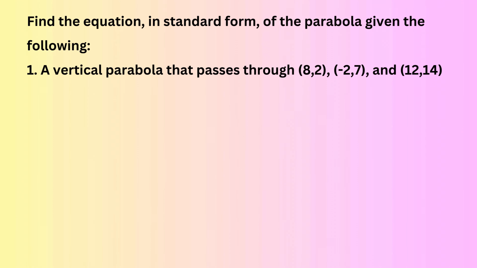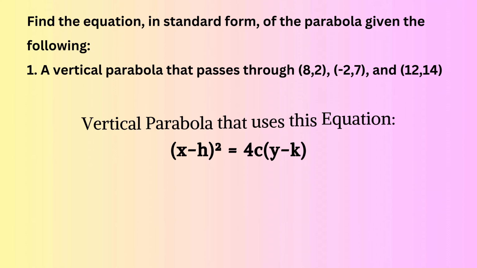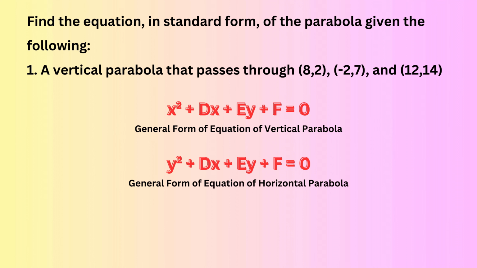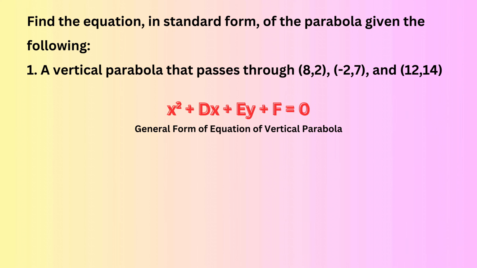Since the given is a vertical parabola, then we know that its standard form of equation is in this form. However, we can solve this problem using the general form of the parabola. The general form of the parabola, depending on its orientation, can be expressed in the following forms. But since our parabola is vertical, we will be using this form, x squared plus dx plus ey plus f